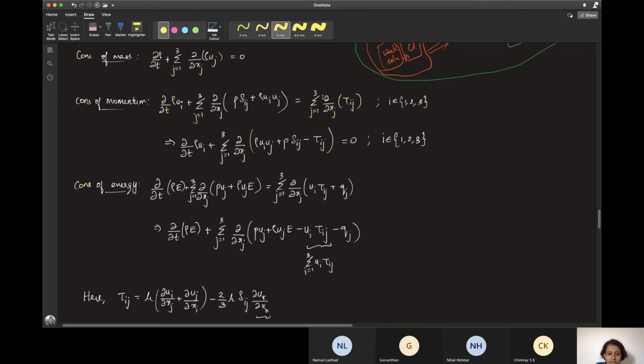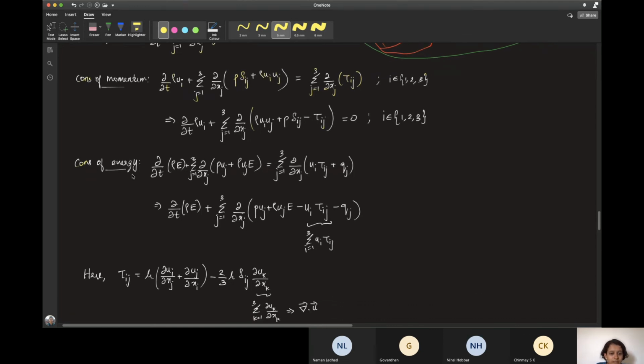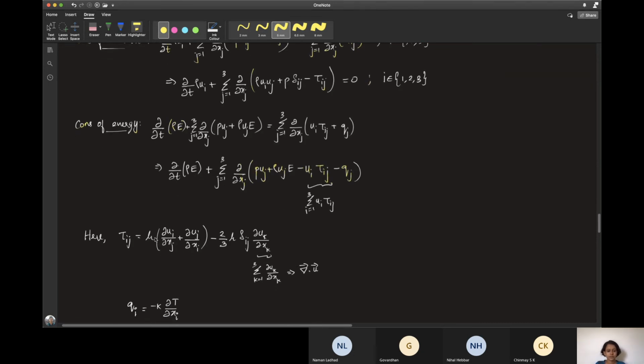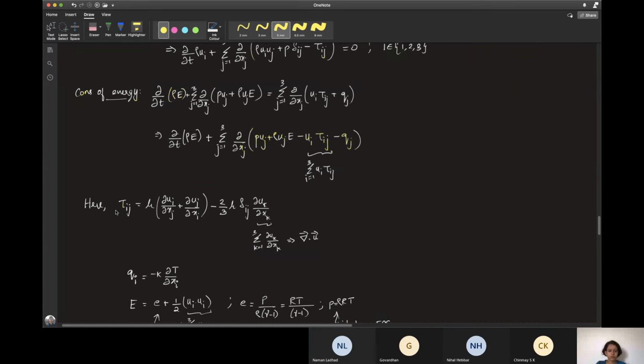So this is the stress tensor, and this is the shear stress tensor, and here we have the normal stress tensor, and we have the convection part. Next is the conservation of energy. Here rho e is the conserved variable, and this full thing is the flux. Here again, this is the shear stress part, this is the heat diffusion part, and this is the convection part. And we have some constitutive equations, right? For tau ij it can be written as something like this.